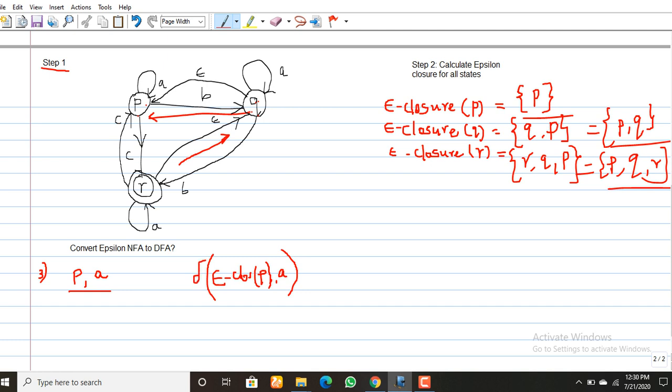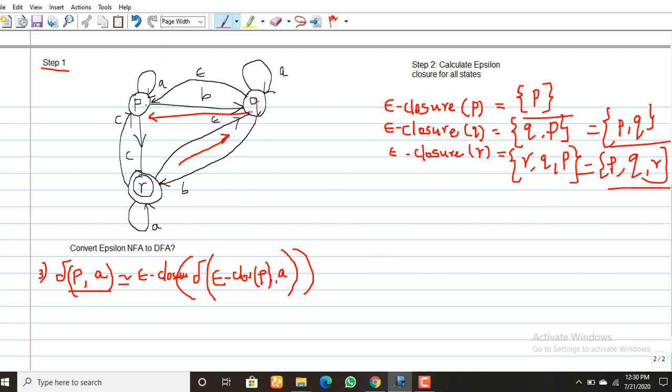You have to apply the transitions on this output, and also you have to apply one more epsilon closure for this output. Actually, this is the method for calculating del of P comma A. This is the actual method.